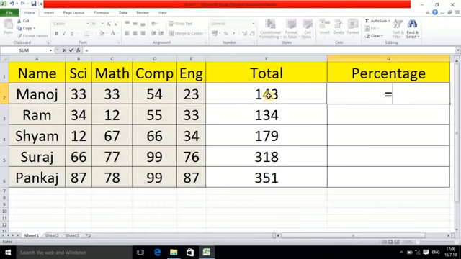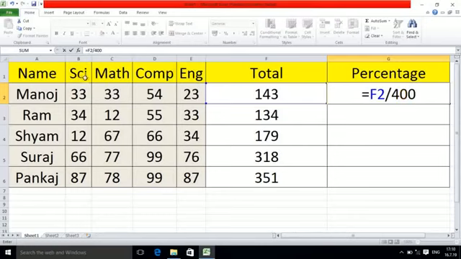So here I am clicking, so this address is inserted here and it is divided by the total mark. You have to represent the mark whichever you got, which means the total is the summation of all subject marks, and then it is divided by the total mark. Total mark means, suppose each subject paper is 100 marks, then the total will become 400. Suppose each subject has 100 marks, or maybe 50 marks. The simplest thing is to add up each one, and after that, whatever the total mark is, you have to write that.